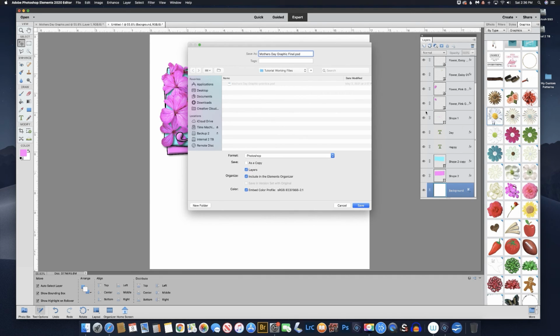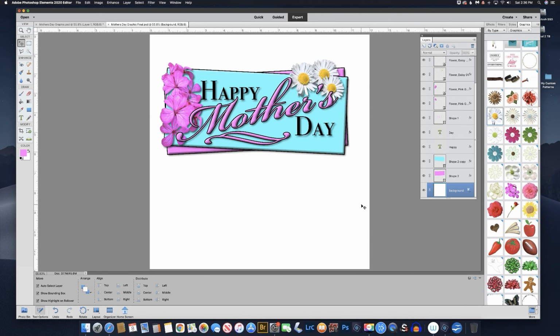If you ever want to make a change, you can go in and make a change. If you want to make a change tomorrow, next week, next year, 10 years from now, you can go in and make those changes because you have those layers. Click Save. Now, in order to be able to use this as a graphic in another document, for example, a